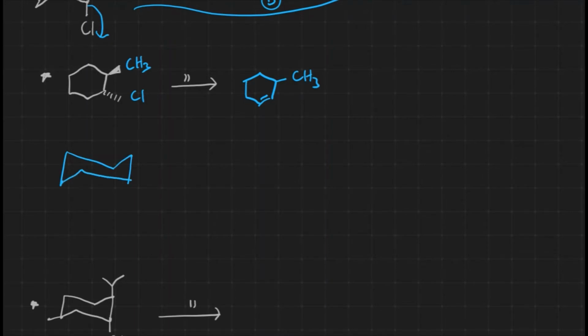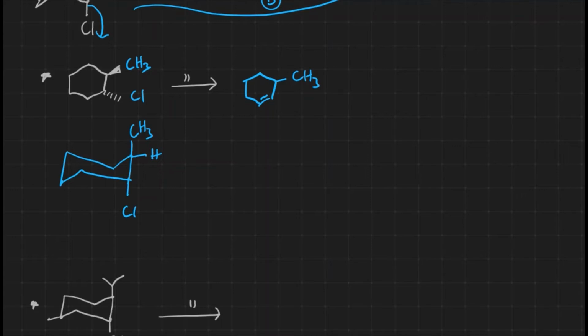What is this? 1-2 trans, right? 1-2 trans means what we have to say? It is diaxial or diequatorial, right? Let me take both in axial, because axial or diaxial positions are favorable for the elimination, right? Let me take it over there. This carbon is where chlorine is attached. Next to the chlorine carbon, this particular carbon doesn't have axial hydrogens, right?